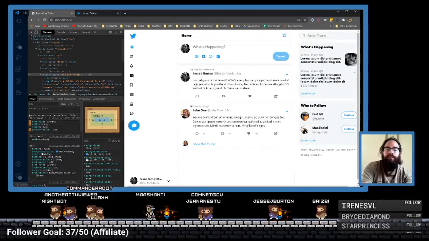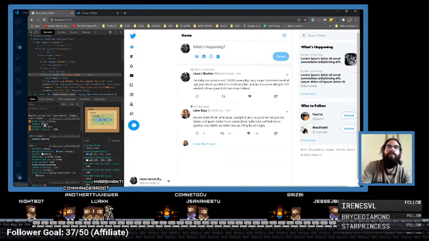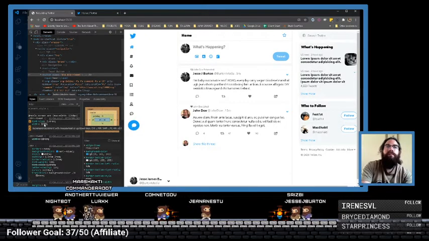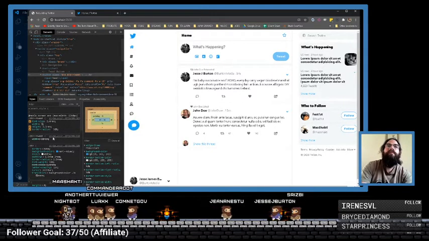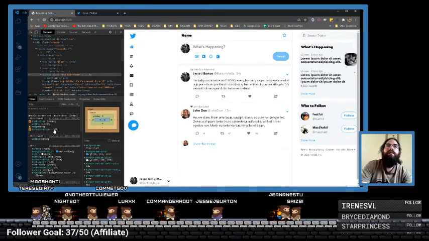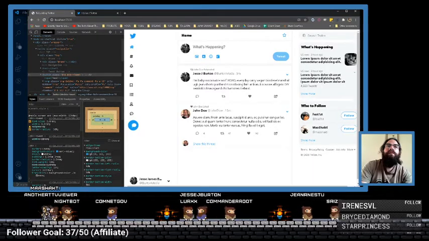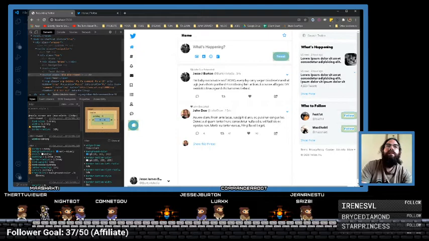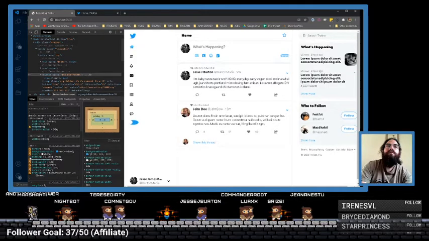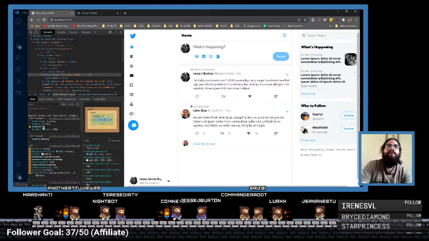Let's try 5.5. And 5.5 rem. And we do have a bit more padding on one side. What happens now? We do want the padding. So our icon